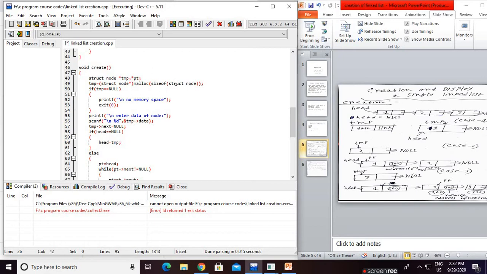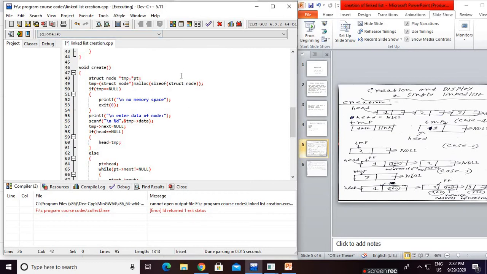Malloc size of struct node. That means sizeof returns the size, which the compiler automatically knows for this struct node. So the node is allocated the same size as struct node. Malloc of sizeof struct node means we are creating the node, and the base address is passed here.